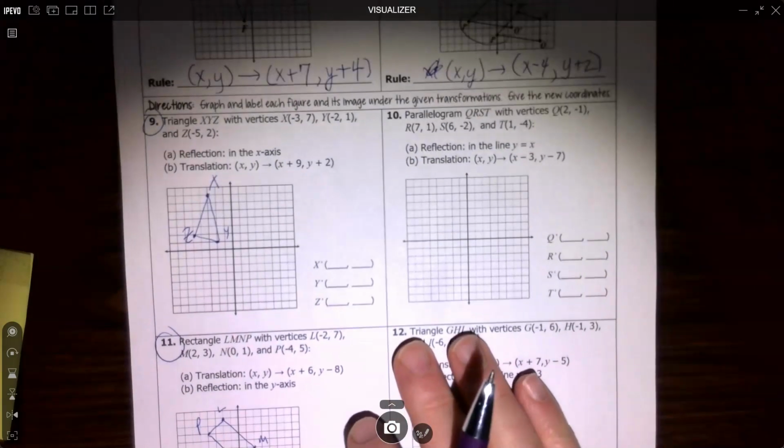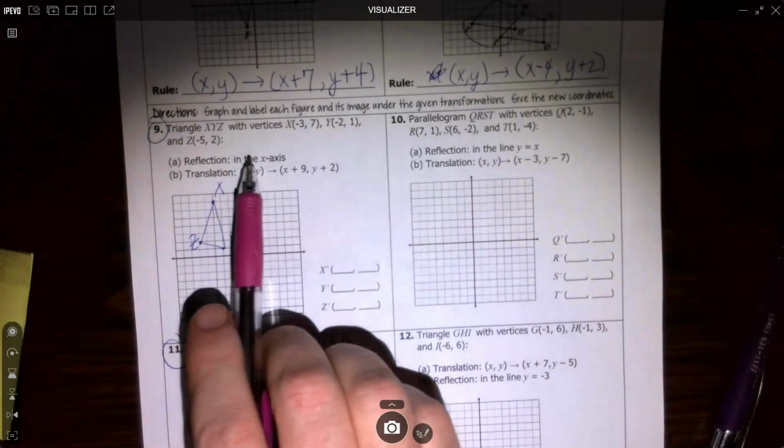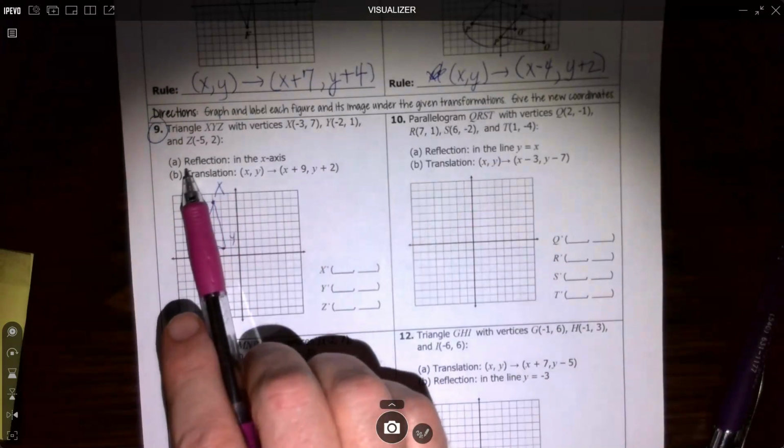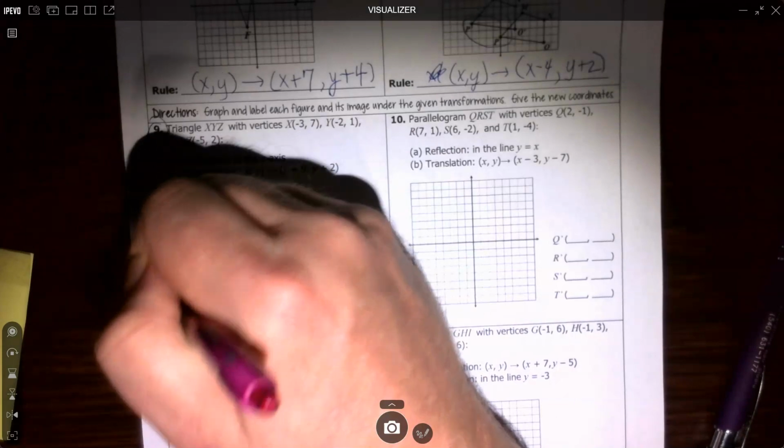All right, so the idea here is, and I'm going to change color on this, it wants you to do two things. So, since you've been practicing reflections, it decided to put reflections in and translations on the same